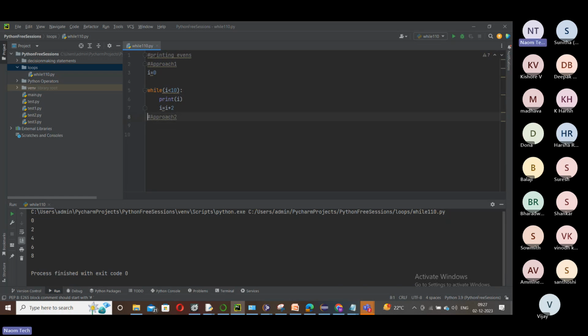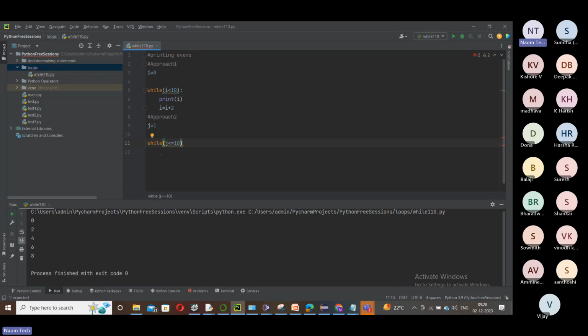approach 2. Okay. So this time, what I do is take a loop variable again. I took j here because I is already used in the first approach. So now set j to 1 here, and then while j less than or equal to 10, increment the loop as usual from 1 to 10, but we should do a validation here.